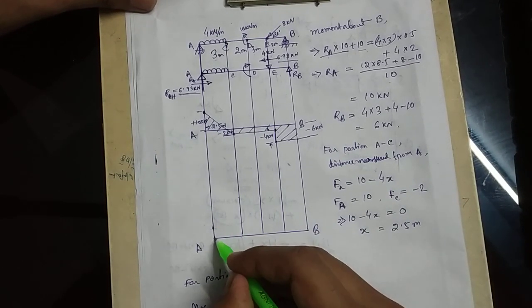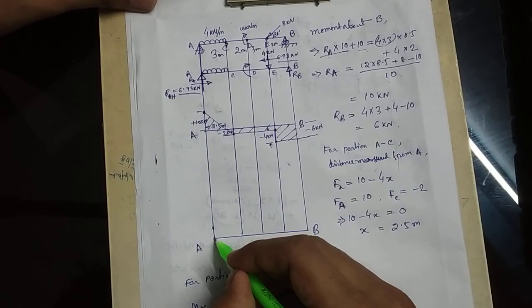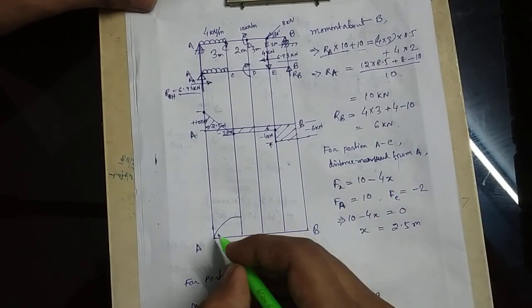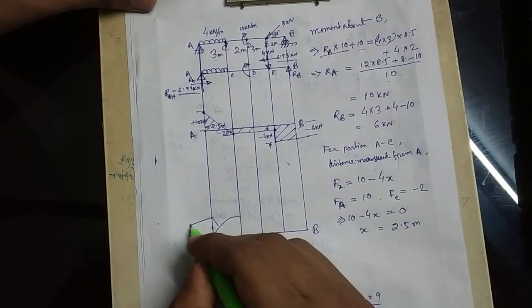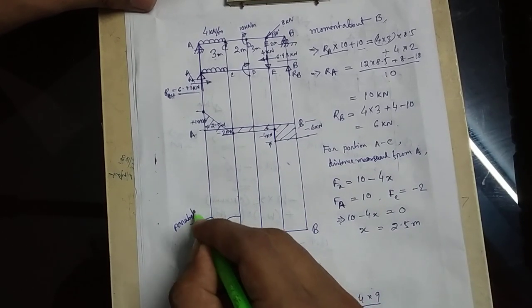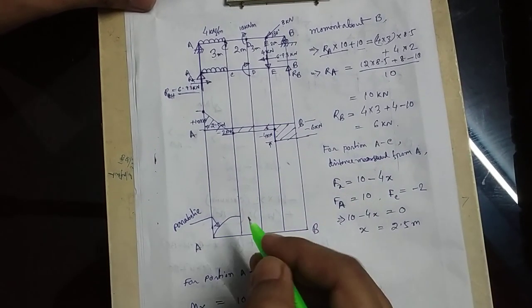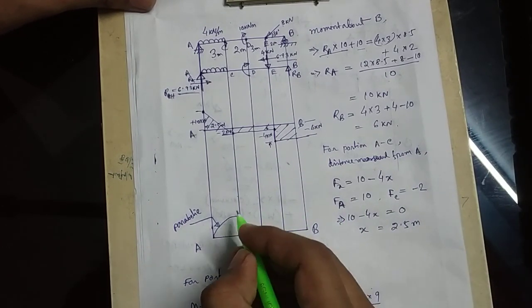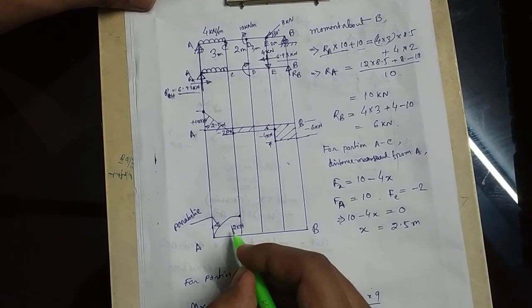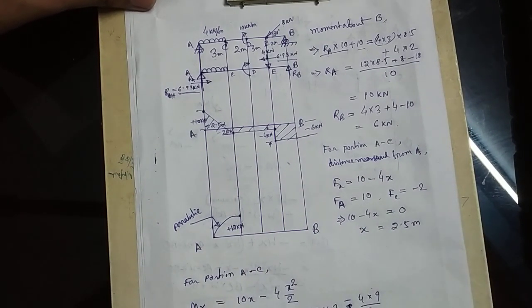So from A to C, this will be parabolic. We have to write that this curve is parabolic, and this value here is 12 kilonewton meter plus. Okay,